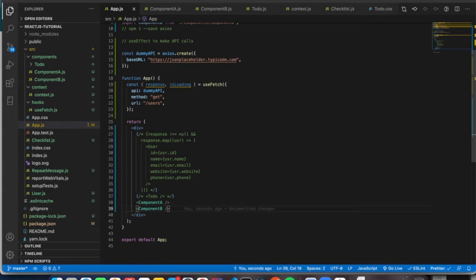In order to use those values, we have to provide them, or we have to enclose these two components inside a context.provider, and we have to give some default value to it.